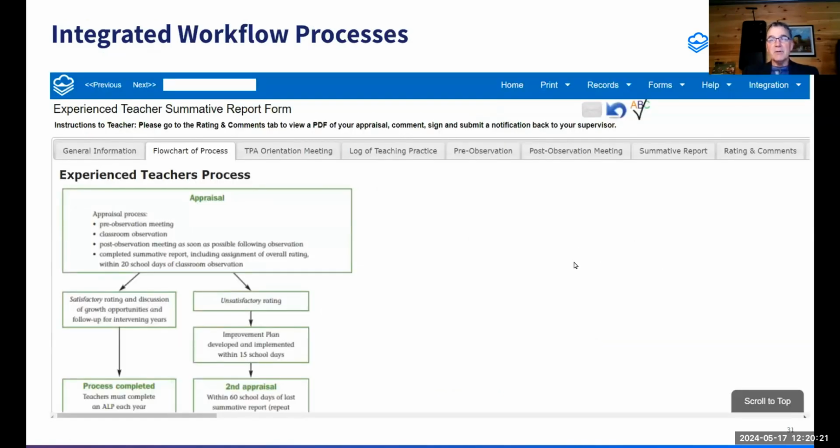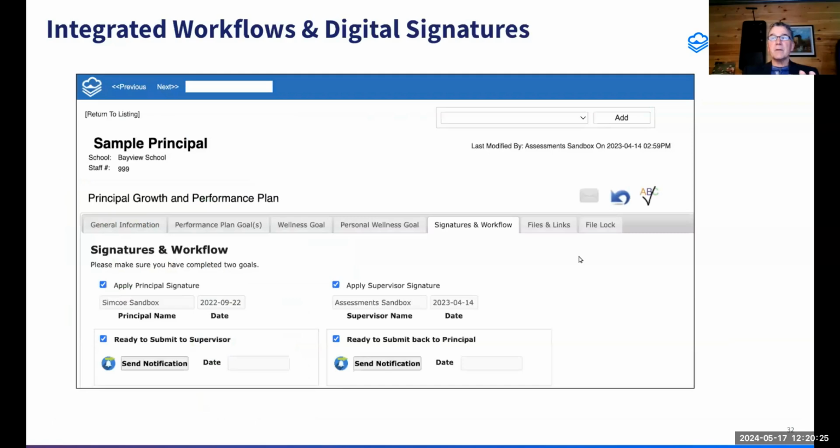Integrated processes can be embedded within the different forms. And as I mentioned at the earlier part of the deck, there's integrated workflow and digital signatures. Here's a good example of how permissions can be very granular. In the live environment, the superintendent would come in and be able to interact with these boxes, sign off, and submit